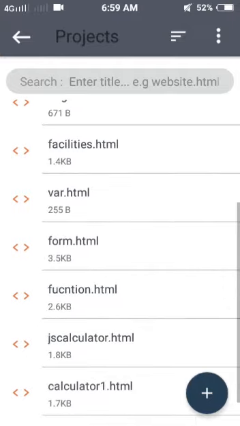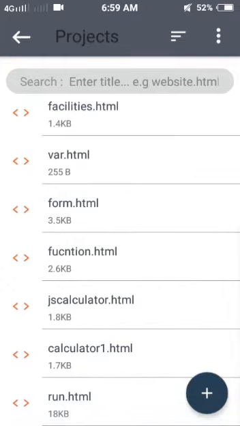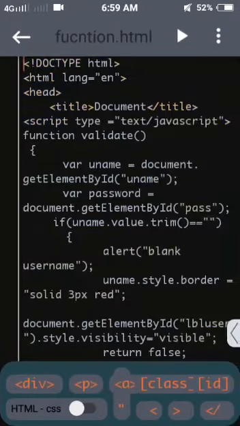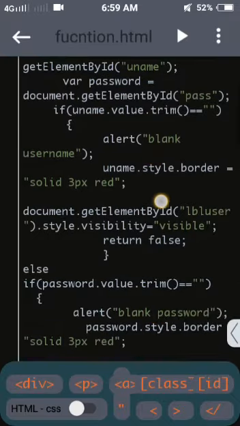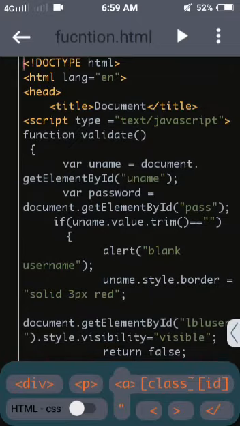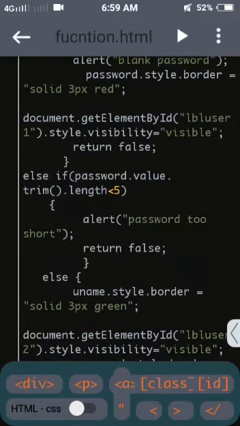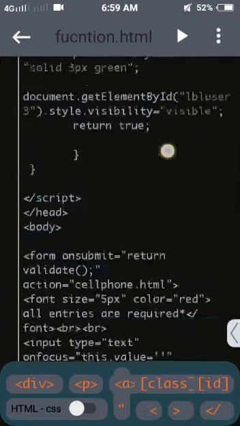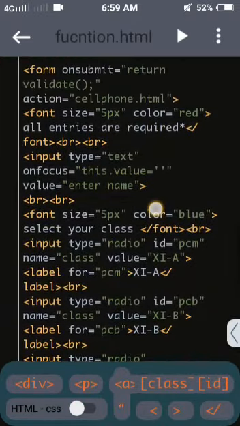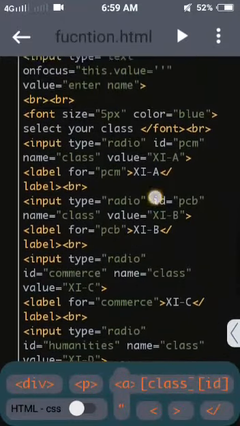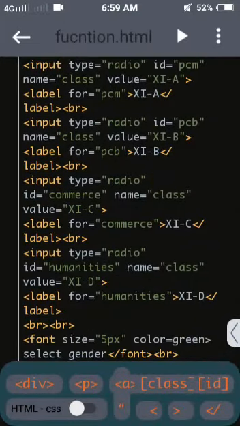First of all, we will see the interactive page. This is a simple login form using JavaScript language. It is linked through four different pages. This is the JavaScript code, with a function named validate. I have included an if else statement in it, and there's a form tag in the body for the input buttons. So let's see it.